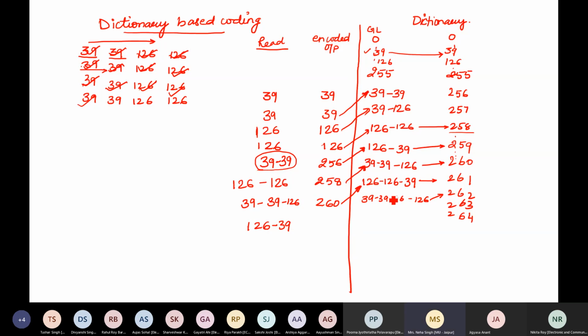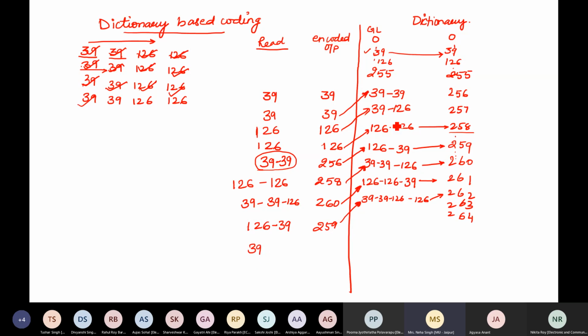Had I any entry 126, 39 and some other combination, I would have gone for the third value as well. But right now, I do not have any entry for 126, 39 followed by any third value. So I'll stick to 126, 39 and give out a code of 259 when the last entry in the dictionary is this.